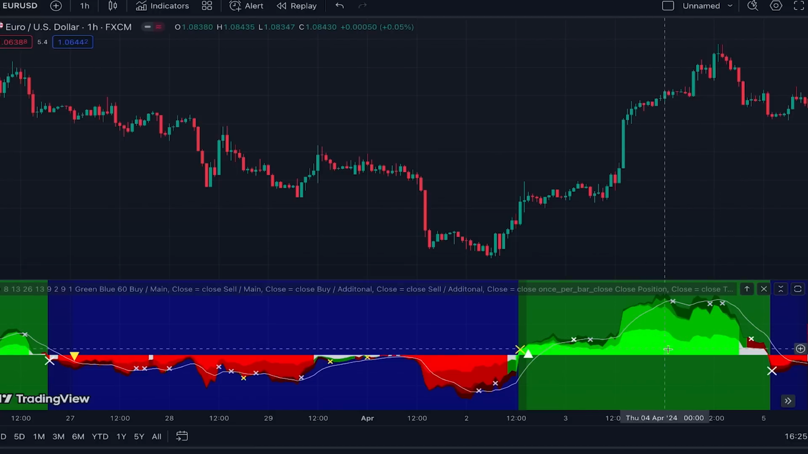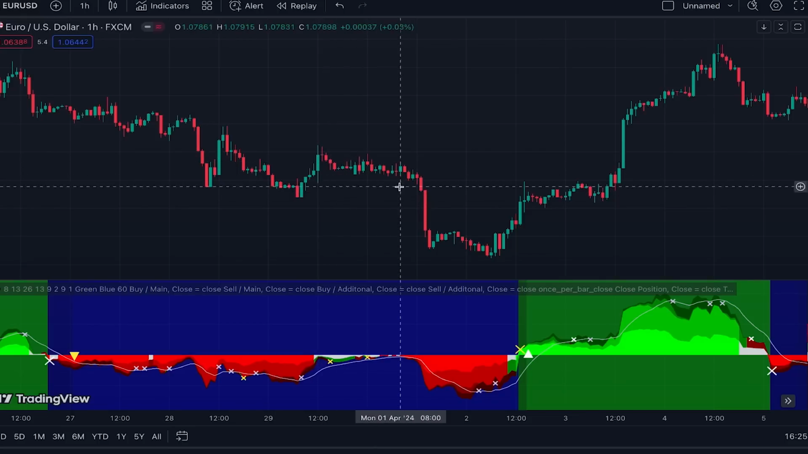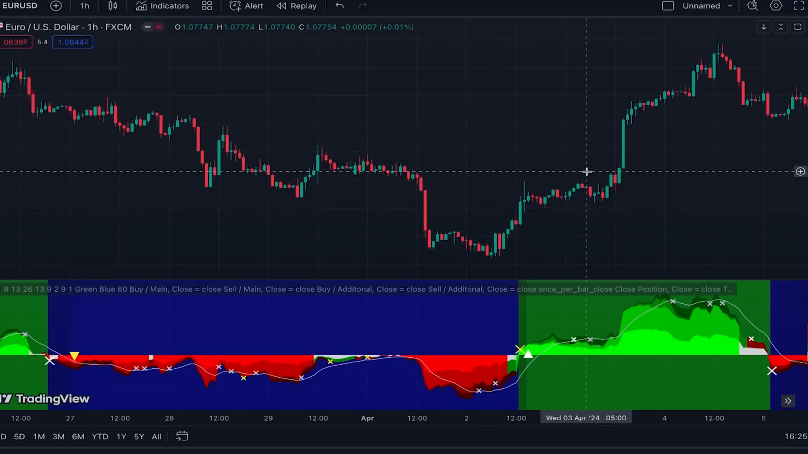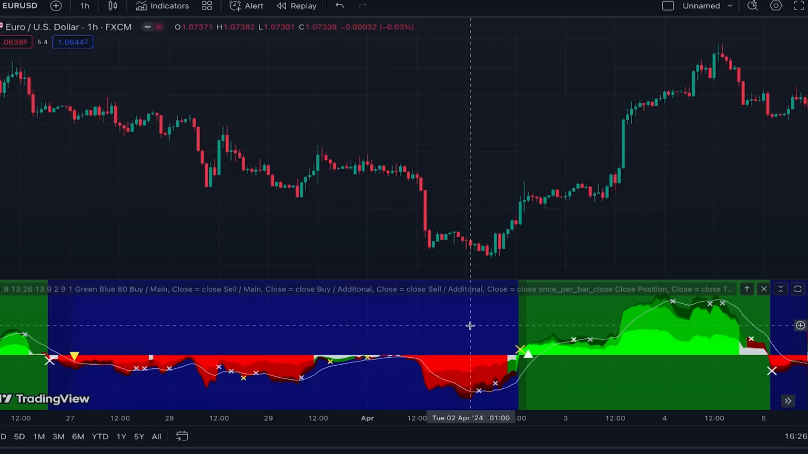In times that the histogram is gray like here, here, and here, it tells us that probably the price is in a support or resistance zone. So there is a possibility for falling of the price or bouncing of the price from these probable support or resistance zones. Alright, until now you learned how to interpret this indicator, and let's see how we can effectively trade